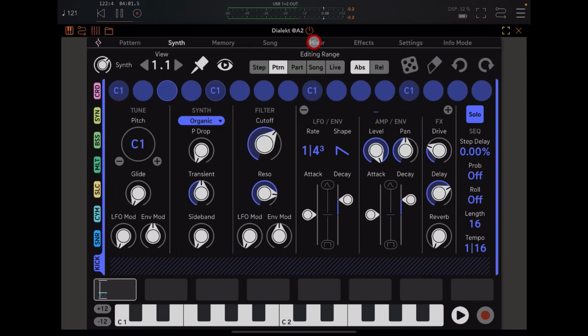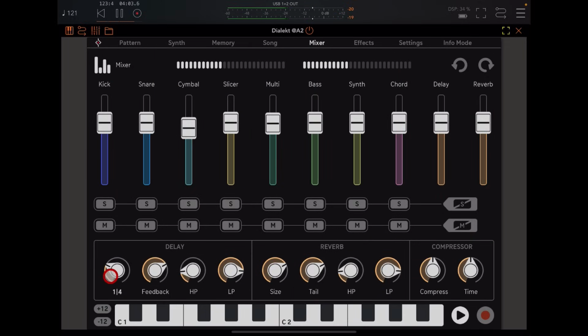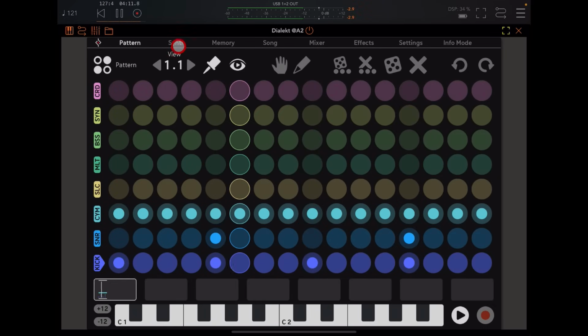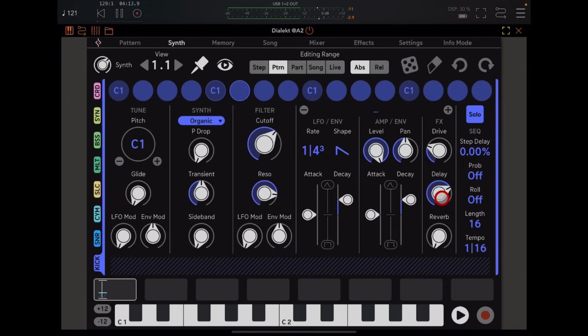Let's look at our mixer. Change it to a triplet. Now we can, remember on pattern, on step we can control each individual step. On pattern,